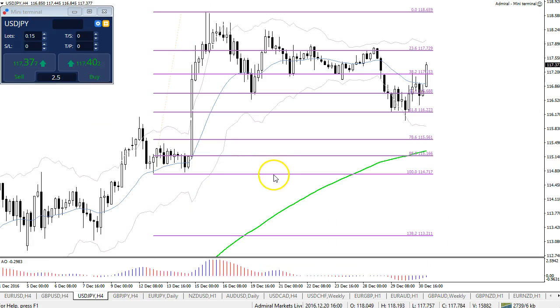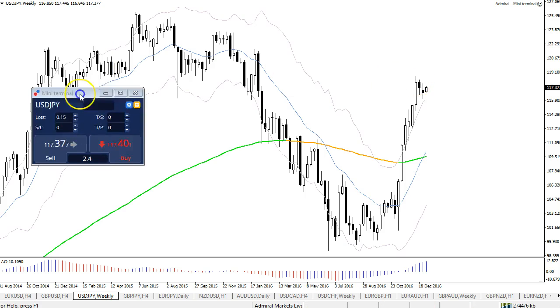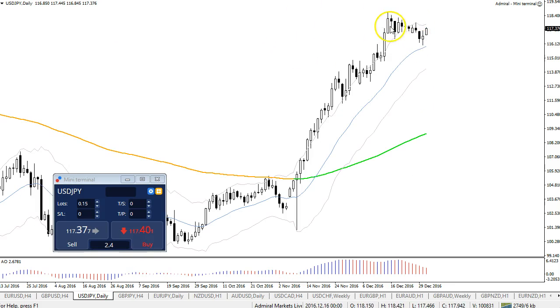Now the dollar yen is a bit different. I think that the dollar yen is actually ready to continue with the uptrend. So from that perspective, I think it's more interesting. Strong uptrend, of course, needless to say. On this weekly chart, you see strong weekly candles definitely getting here the attention. And now having 2 weeks of a pause does not really mean much. I think it's just a consolidation, just a bit of a correction here, as you can see on the daily